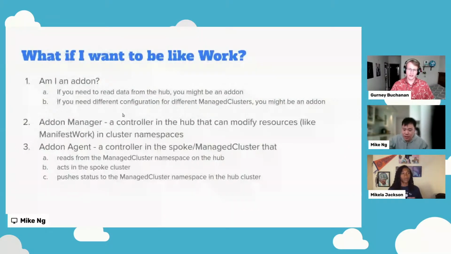So yep, go ahead. Not only do we have a secure connection where the hub and a managed cluster have to agree to become connected, but you're also saying that the mechanisms baked into that foundational handshake protect from cross-pollution and cross-access.